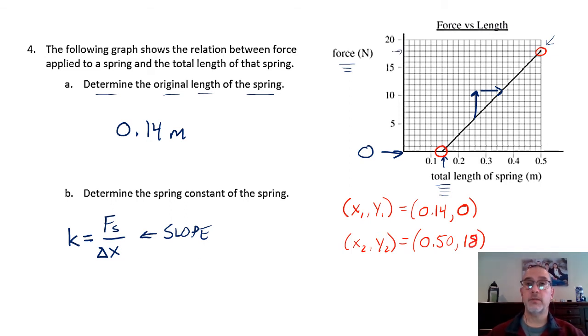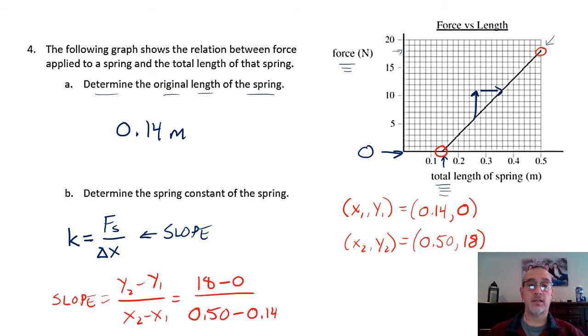And now the slope is going to be y2 minus y1 over x2 minus x1. So we get y2 of 18 minus y1 of 0, and x2 of 0.50 minus x1 of 0.14. In other words, it's the rise over the run, and I see that I'm going to go up this way 18, and then I'm going to go over this way, which is going to be 0.50 minus 0.14, or 0.36. So I have 18 divided by 0.36, which gives a value of 50,